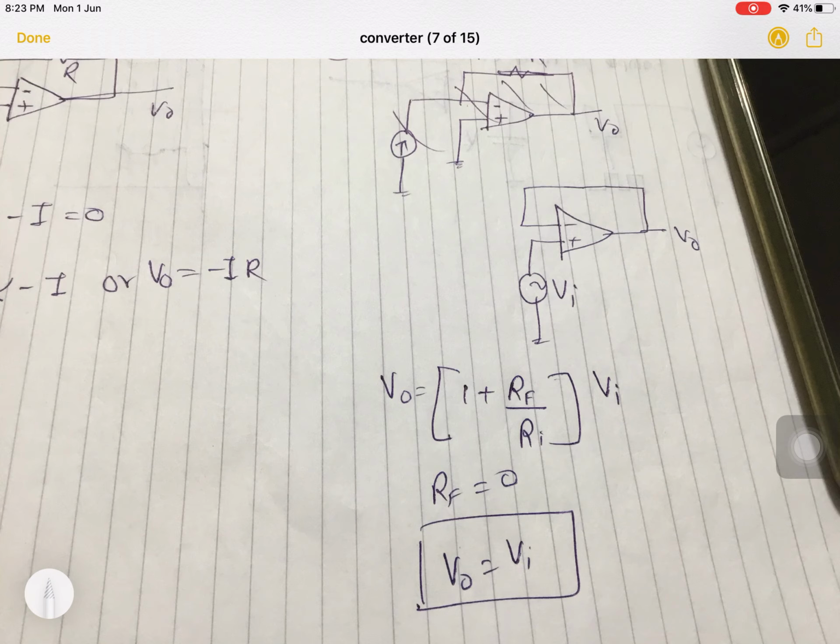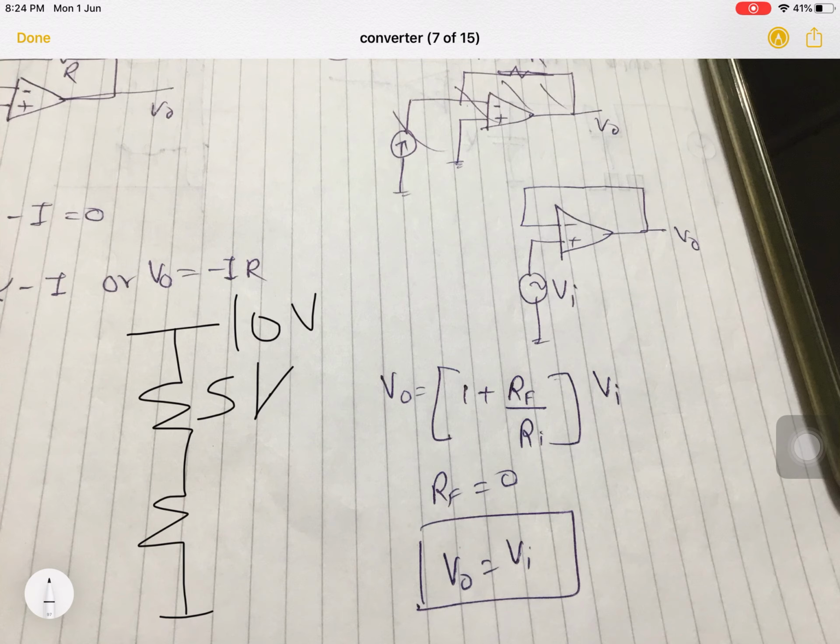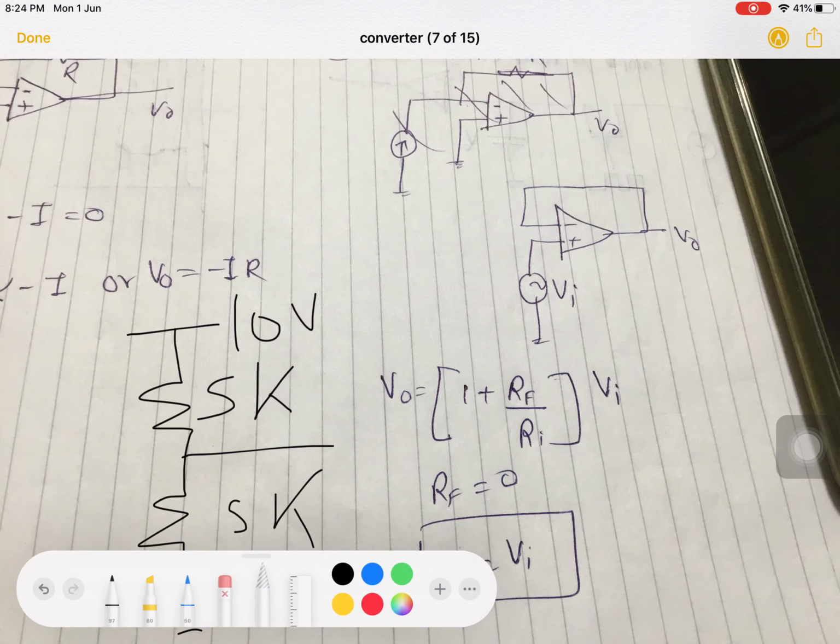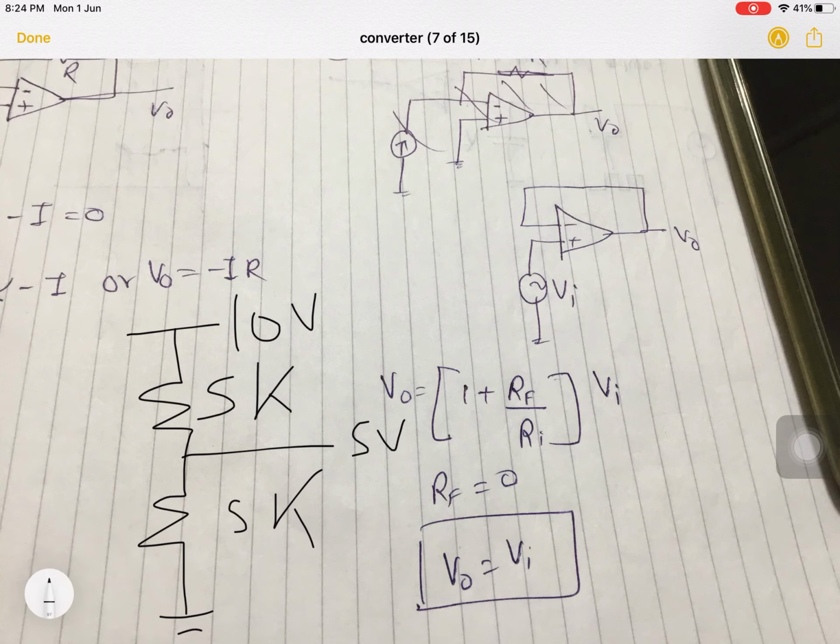To answer that question, suppose, let me draw it. Suppose I have a voltage divider. Let's say it is 10 volt. This is 5k and this is 5k. Now I am taking the voltage from here. This is ground. So now this is 10 volt, this is 5k, this is 5k. So if we take the voltage divider, the output will be 5 volt here, right? It will just divide the voltage into two halves.